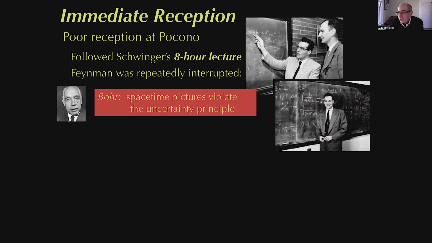So Bohr says, not just that this is a disorganized presentation, he says your whole framework violates the uncertainty principle. What does it mean to draw a picture of an electron moving from here to here? Bohr says, in effect, you've assumed that the electron has a well-defined trajectory. But no quantum object has a well-defined trajectory, because to do so, it would need to have arbitrarily precise position and momentum at the same time, but we can't have that because of the uncertainty principle. So Bohr's like, this is a non-starter from the beginning. Okay, Feynman's a little flustered. Oh, it's not literally a trajectory. Oh, let me go on.